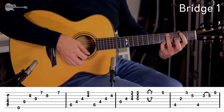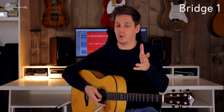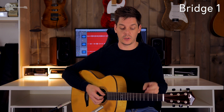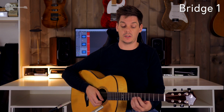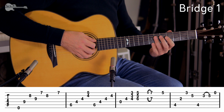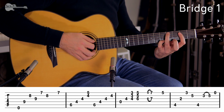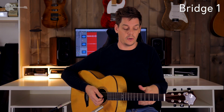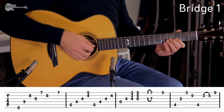Now I chose to show you both versions in this case, but I chose to transcribe the more recent version because this is a little bit easier to teach, because in that way you get the same transfer from the E minor chord, adding in the pinky and then the rest of the chord, as you get down here, going from the G part to just the pinky and then adding in the rest of the chord. If you want to play the triplet like in the early versions, then you have to be a bit quicker for that upcoming A chord